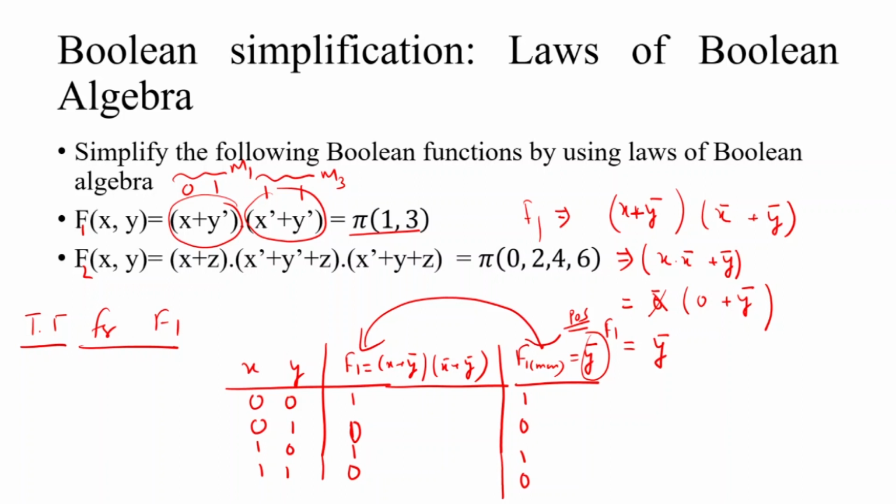Why do we simply use this? Because for implementing this function more logic gates are required, and when we see this function, more max terms are present, with more literals in each max term. But in this minimized form only a single max term is present, and also a minimum number of literals. So when we implement this function using logic gates, fewer logic gates are required.